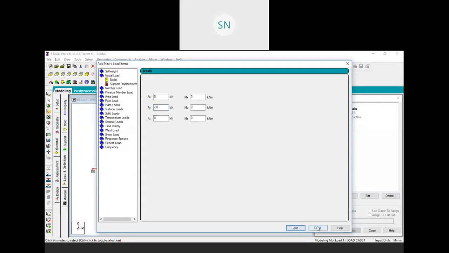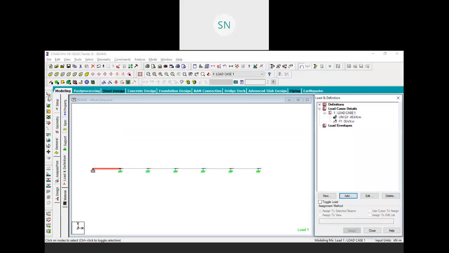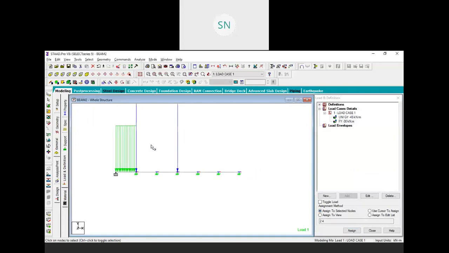Click on add and close. Choose your nodal cursor, select the second node, press Ctrl and select the fourth node, click on assign, and yes. So see, we have added two more.